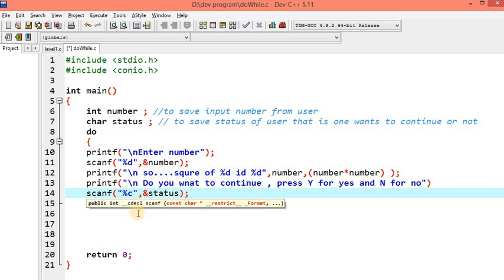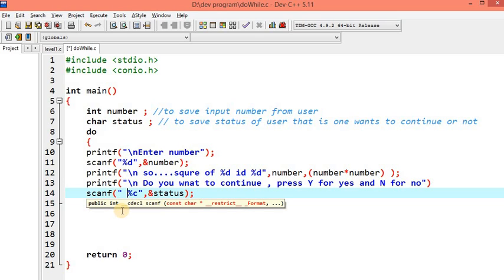Now whenever you are using %c, there are certain situations, or I can say it depends on the software on which you are running your C program. I can use Turbo C, I can use Dev-C++, or there are other software and IDEs available to execute your C program. It depends on it. But here in my software, if I want to read character data,